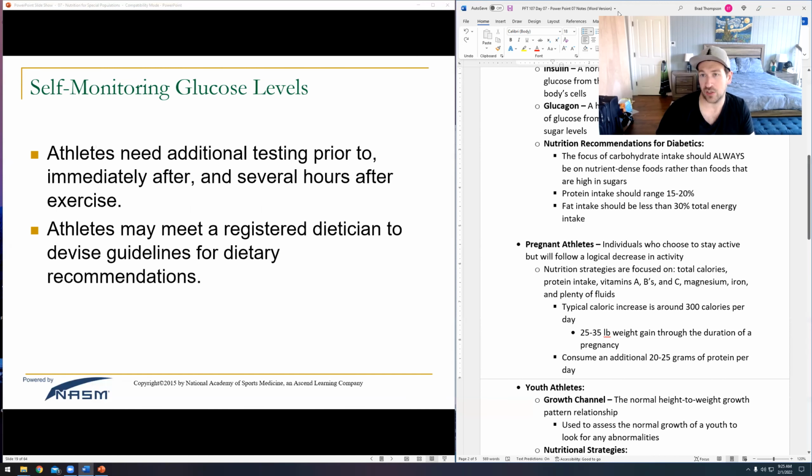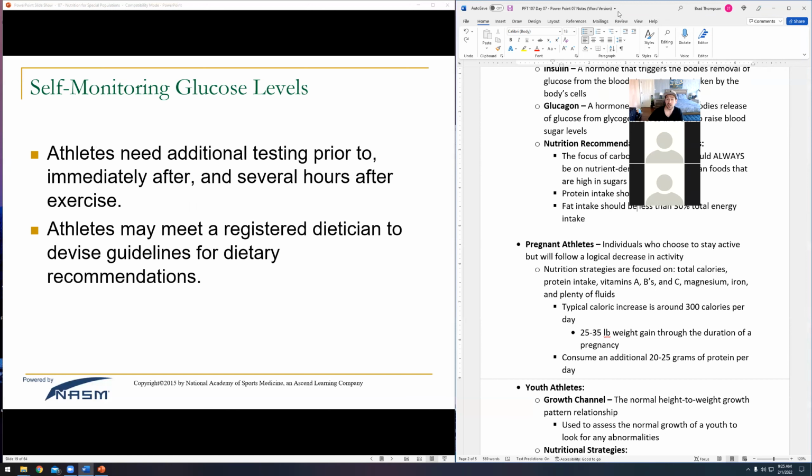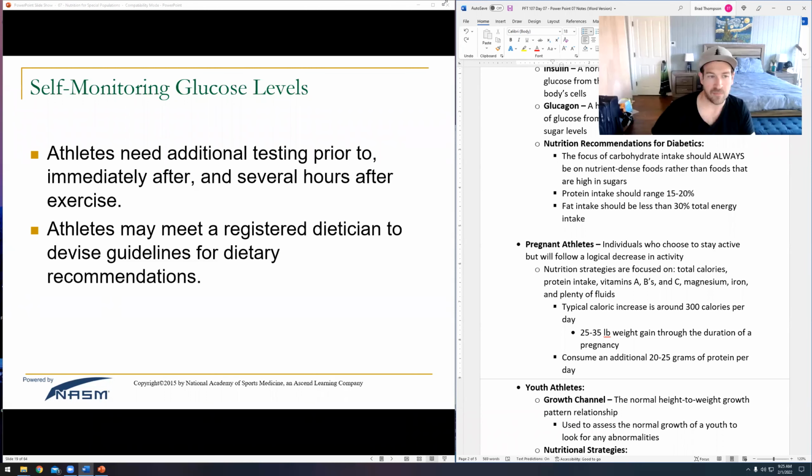Make sure that you encourage your athletes who are diabetic to test their blood sugar levels before showing up at the gym. Because if they come in and their blood sugar levels are already a little bit low, and then you start burning through that glucose, they might end up hypoglycemic. They might get nauseous that day. They might pass out even. We certainly don't want that.